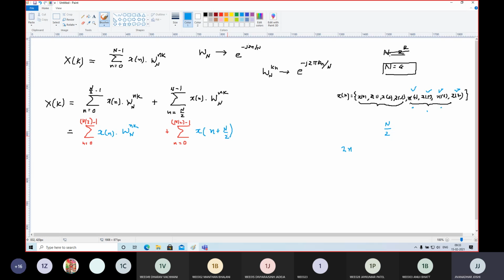Yes, sir. Okay. Then what about the twiddle factor? Wn raised to, here also for n equal to 4 in the original, this particular term, for n equal to 4, it should be 4 here. So if I write down n plus n by 2 instead of n, will it work? Say yes or no. Yes, sir. Okay, fine. Do you have any problem to accept this?